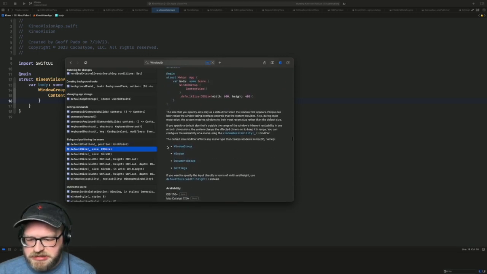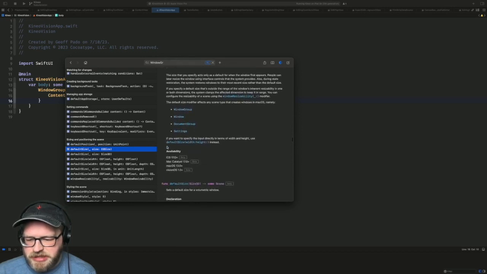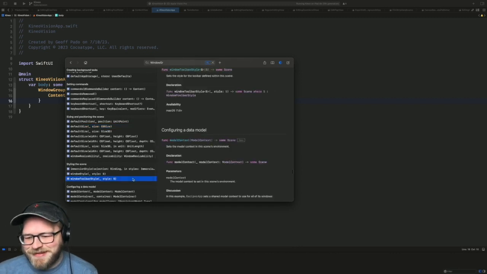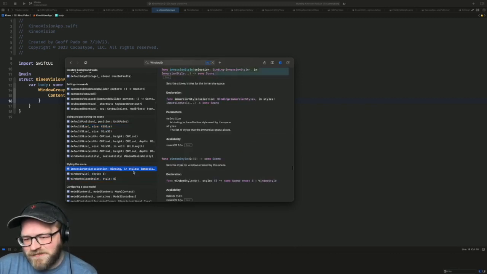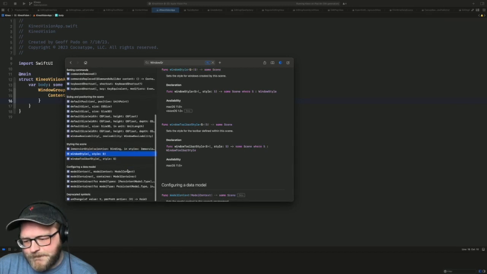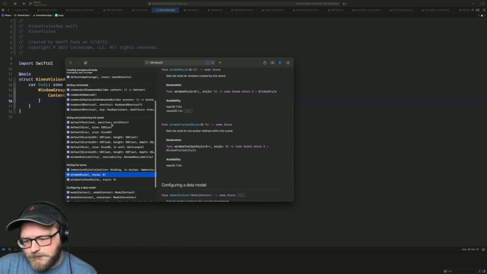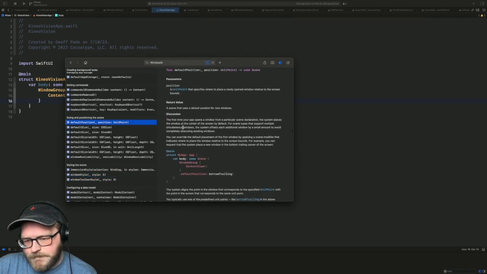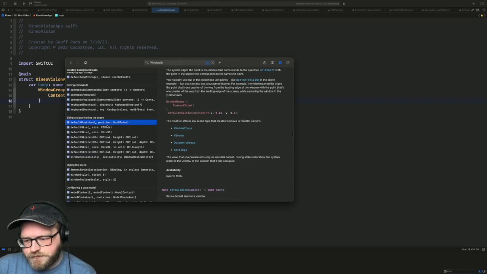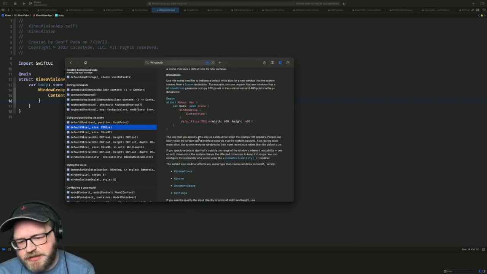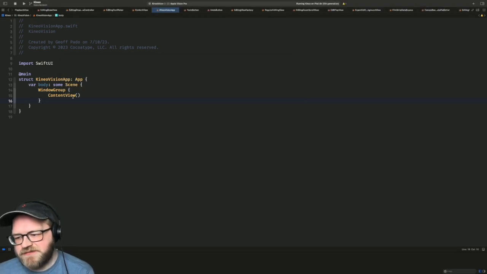Yes, yes, yes. I don't know what I'm doing. Can I just give this a default size? Yeah. If I give this a default size,